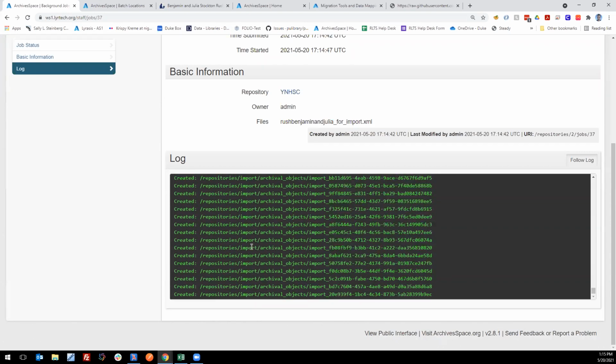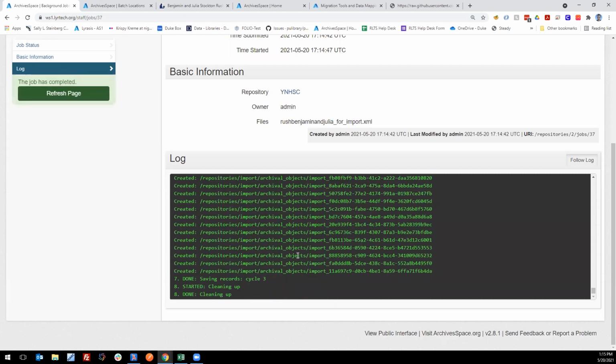And then depending on how large your EAD file is, this will sort of churn for a while. And then when it's finished, as long as it didn't encounter any errors, so assuming the EAD file was valid XML and also valid according to the EAD standard, you should get this little green success message here. The job is completed. If I click refresh page,